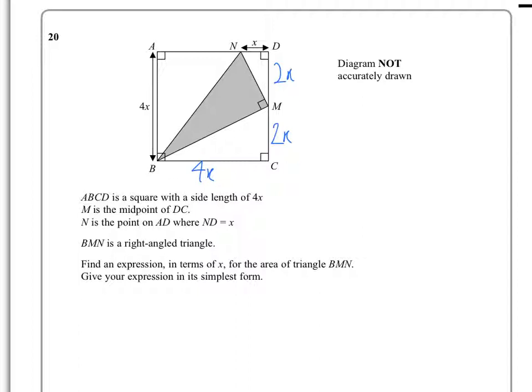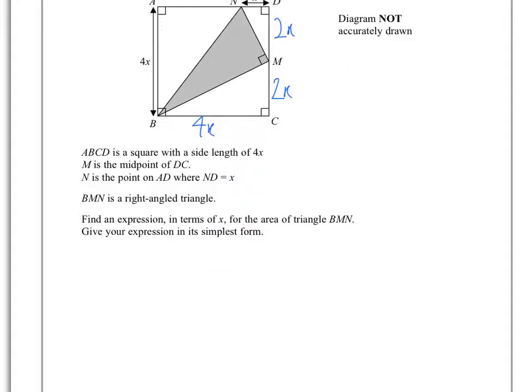We're asked to calculate or find an expression for the area of B, M and N. Keep in mind it says in terms of x. That means you won't come to an answer in the form of 10 centimeters squared or 20 centimeters squared. It will always be in x. Now, in order to work out the area of that triangle, so